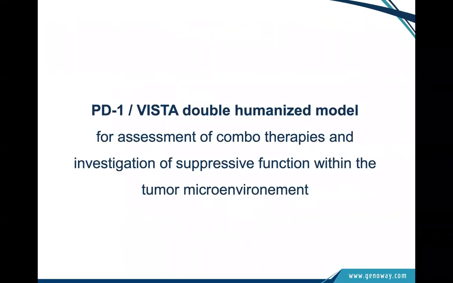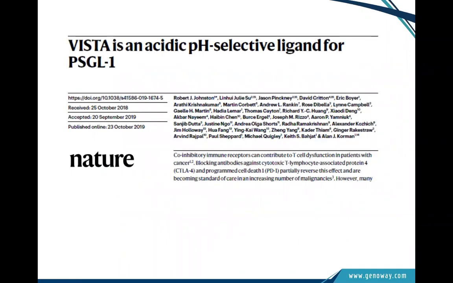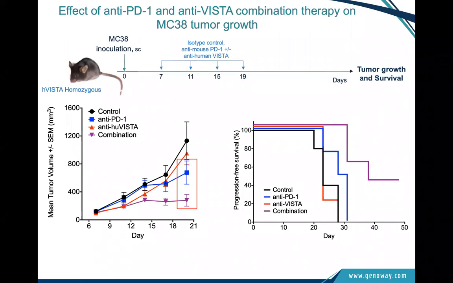The same study was also done with PD-1 VISTA, and that model was recently used by our colleagues from BMS, and that helped them to identify VISTA as a ligand for PSGL1, and that ligand works in acidic pH selective conditions. So basically, in the tumor microenvironment the pH will be acidic, and as such VISTA will bind to PSGL1. This has been clearly shown, and the combination of PD-1 and VISTA clearly provides a much greater tumor inhibition here than PD-1 alone,